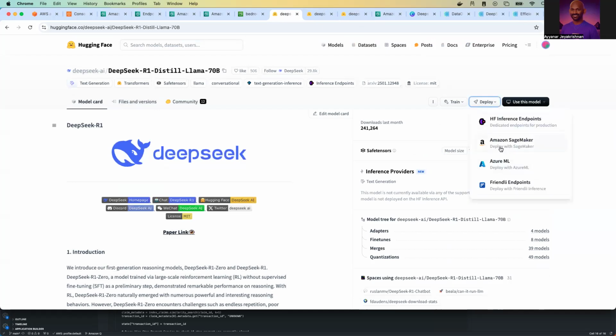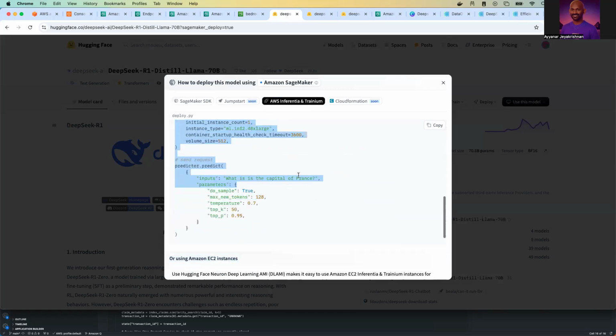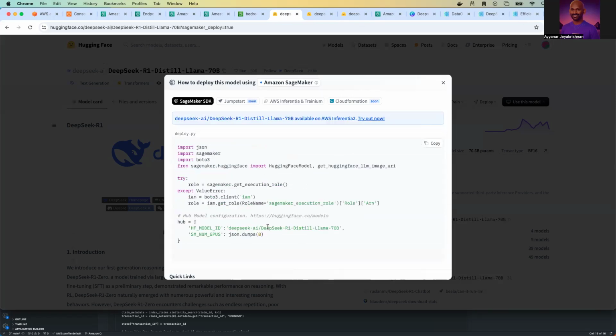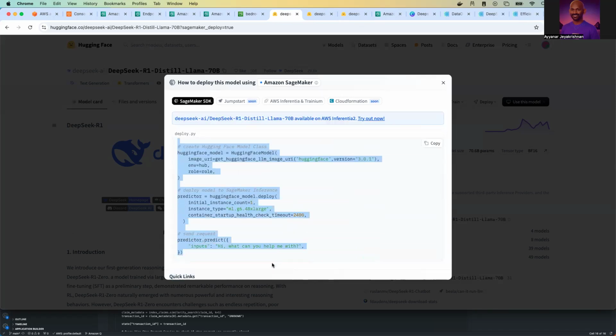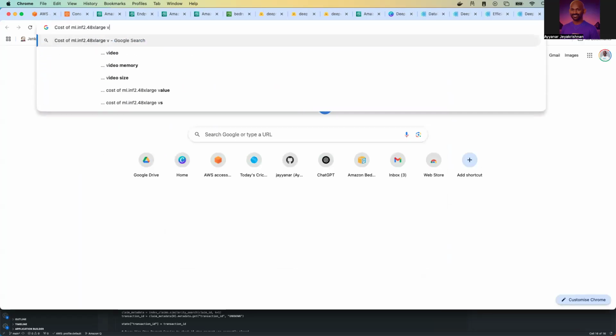So deploy SageMaker. Look at this one. I have a 70 billion parameter model. I'm selecting it. It is going to deploy on an ML inference X-Large. So if you do the same thing here, it will be a different instance. Okay. So cost of,